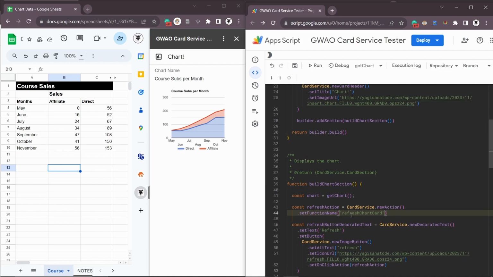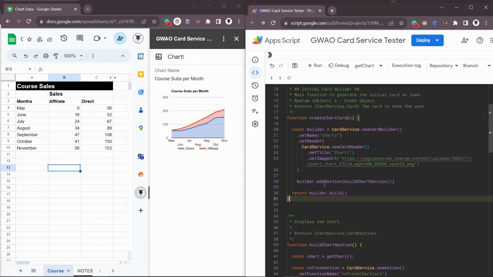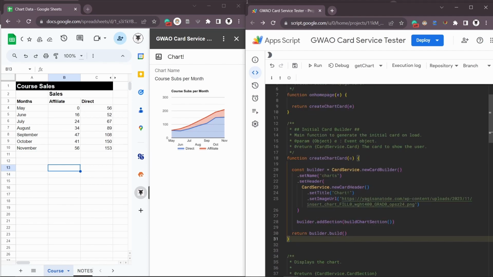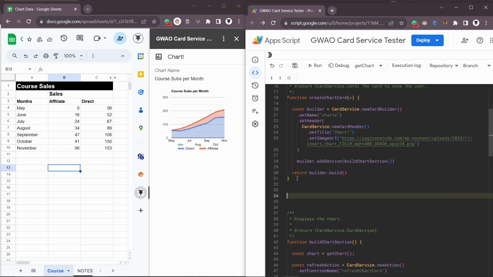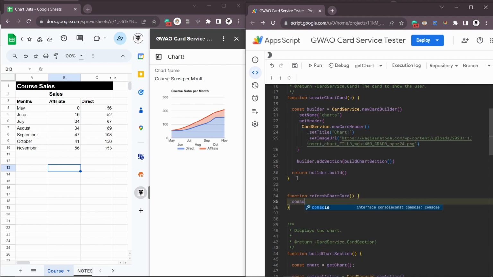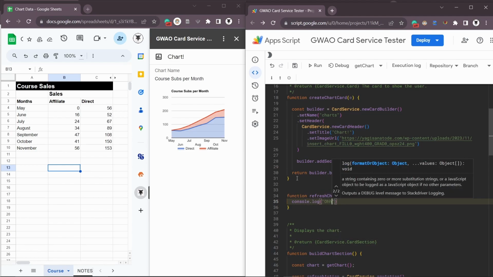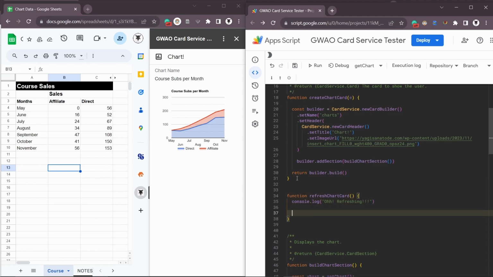Okay, so we need to quickly create that function. I usually keep those larger builder functions up the top here. Let's make it just below this create chart card. So we'll go function refresh chart card. And we'll put a console log in saying, ooh, refreshing. And then we'll just this time simply return